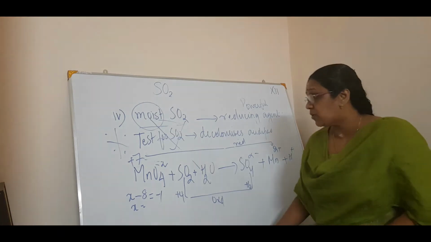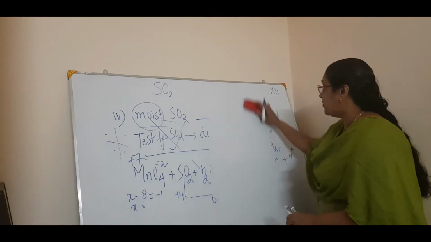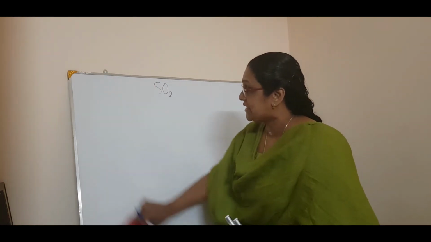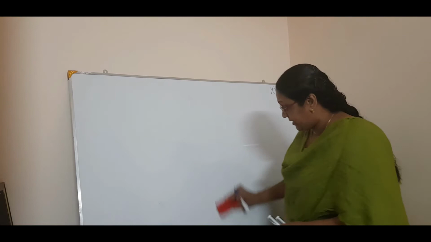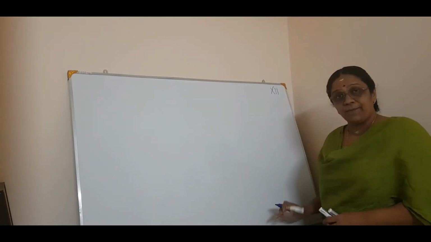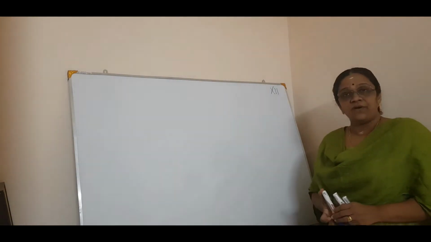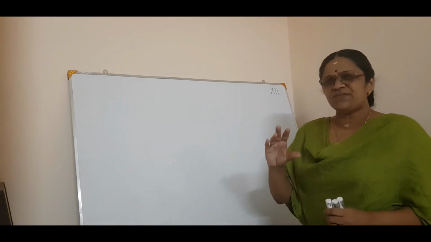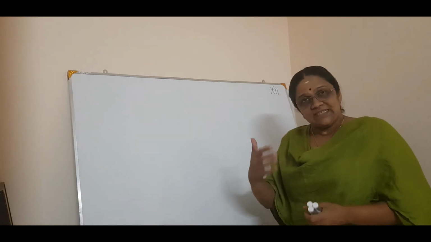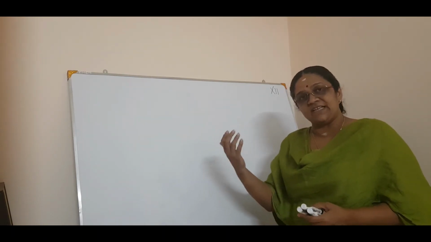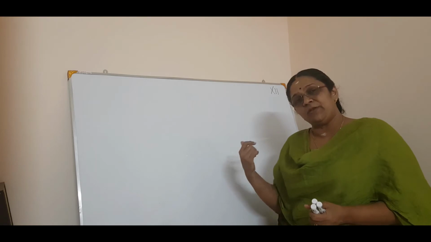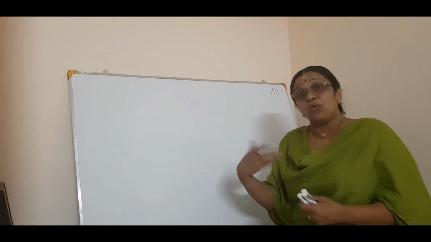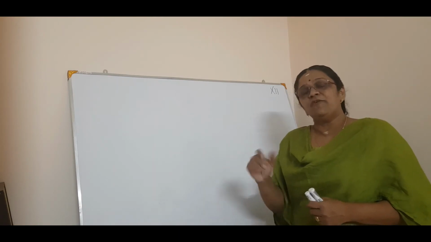Okay. Connectivity is always very, very important in all parts of your life. Not in chemistry, in your life itself, the connectivity plays a very, very important role. Okay. So that is sulfur dioxide. There comes the end of the chemical reactions of sulfur dioxide. It's very easy, right? So now you feel easy while you have come across all these 15th and 16th group. Now 17th and 18th will be very, very easy, because if you know thoroughly the trends and the chemical properties, how you go with it or get along with it, it will be very easy.